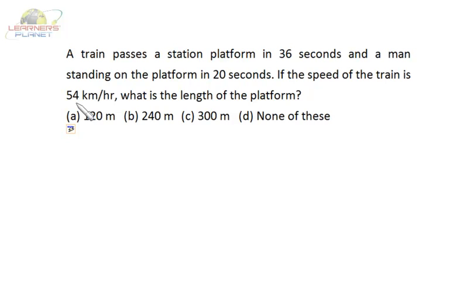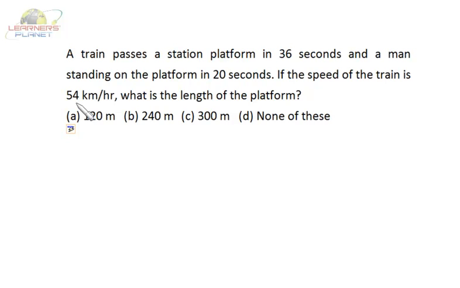Now it is crossing this person in 20 seconds. Okay, now in that case, what will be the length of the train? That is, at 15 meters per second, it is running for 20 seconds. So the length of the train is 15 into 20, that is 300 meters. Okay, now 300 meters is the length of the train, and now we have to calculate the length of the